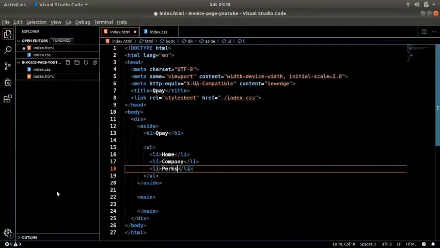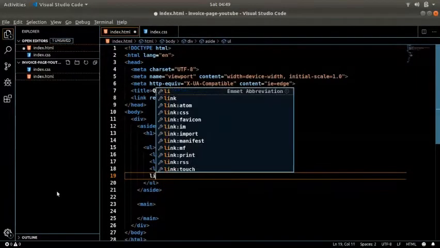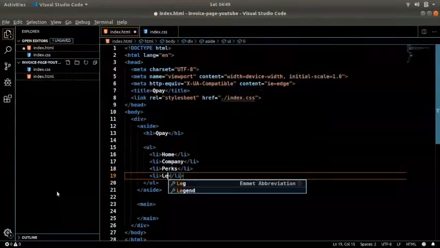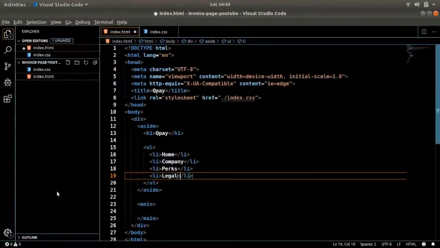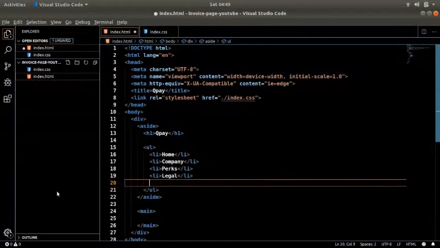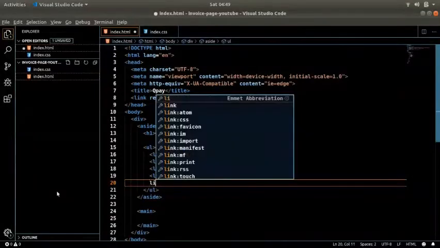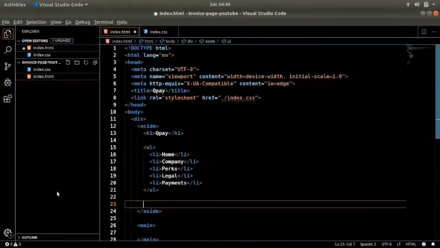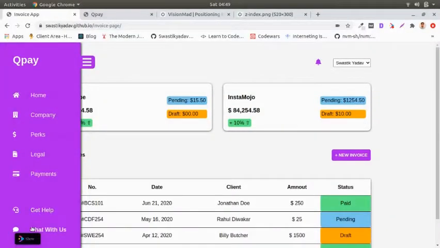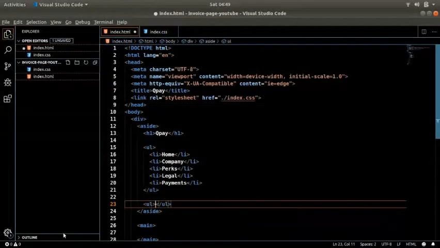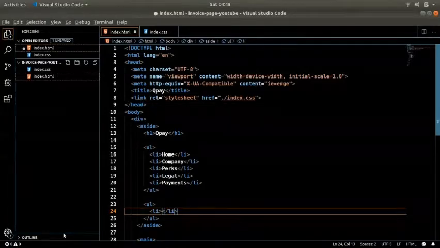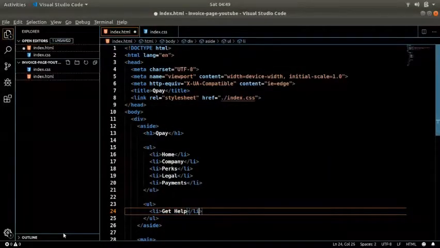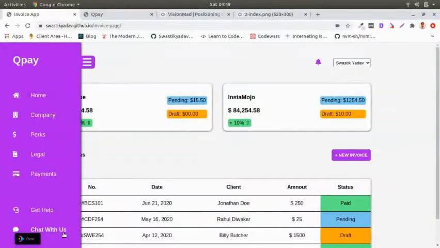Perks, of course, who will work without perks? Legal, and payments. There we go. And another thing we need is the support UL. So one more UL, and I will write over here get help, and over here we have chat with us.